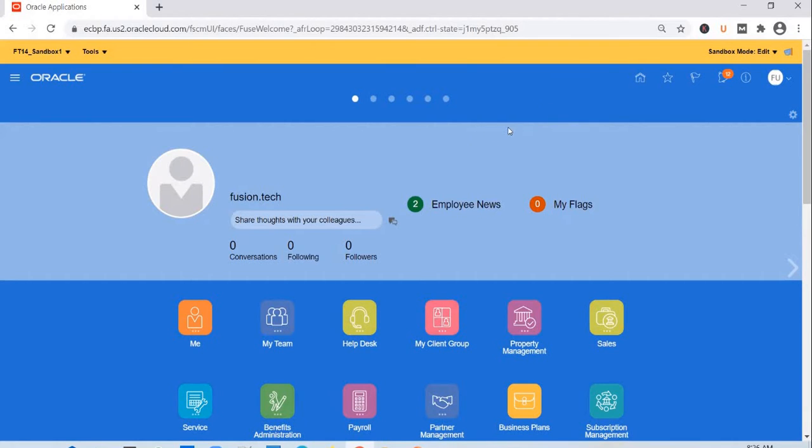And how do you fix them, or how do you resolve them? It's again the same process. You get into the sandbox mode, make the change. Maybe they ask you to change the icons from medium to small, or from rounded square to a circle, or maybe any change it could be. So you make that change, and it goes through that iterative process. And once the UI changes are finalized, if everyone is happy with the changes in the sandbox, then you will go ahead and publish the sandbox. And how do you publish it? You click on the drop down and you see an option to publish it.